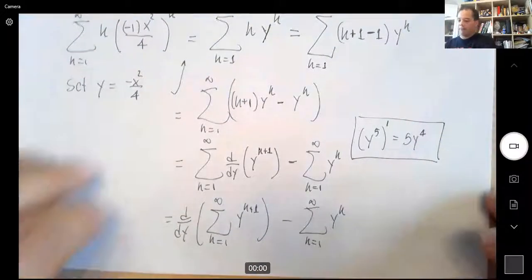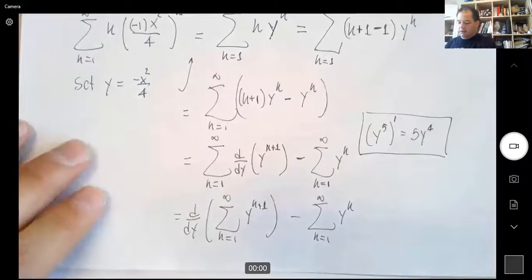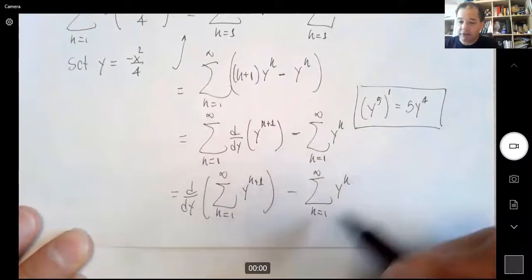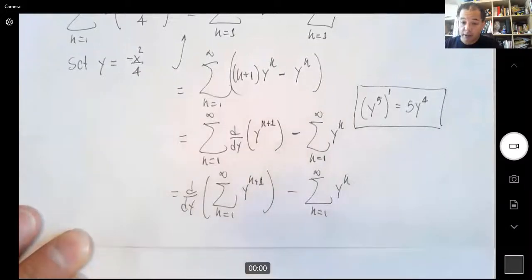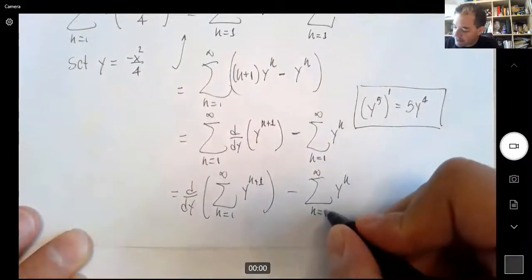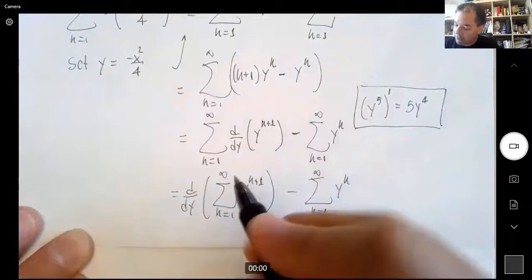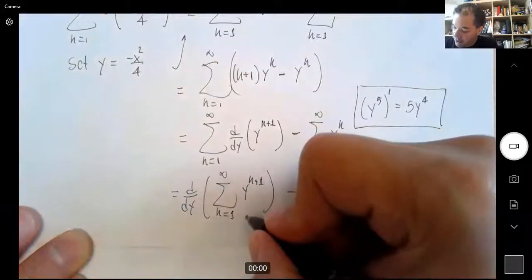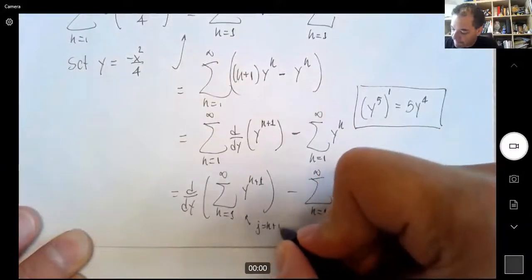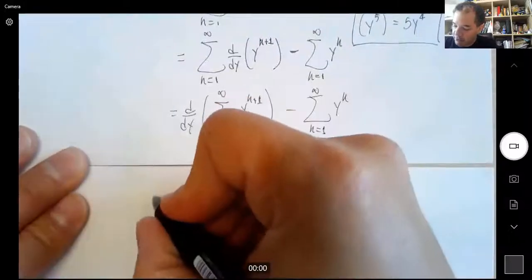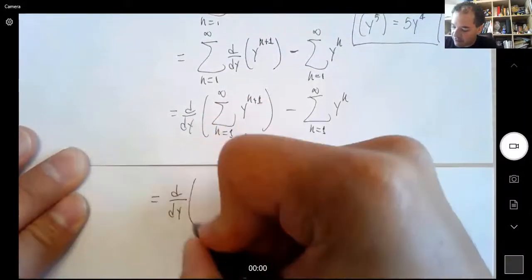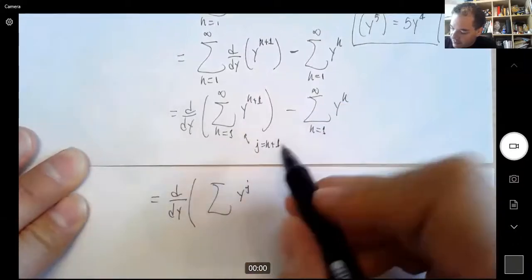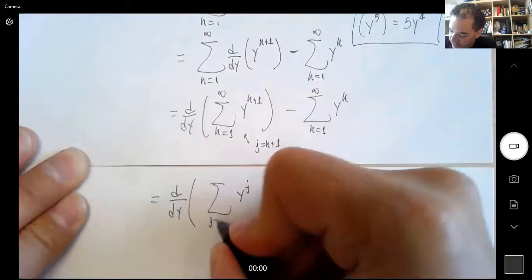All right? Now we're almost done. We only need to replace these ones by the ones we know. We would like to replace this one with the geometric series, but there's a little problem because the geometric series starts at 0. Same for this one, right? For this one, maybe we should first do a j substitution. So for this one, let's do j equals k plus 1. And in that way, we get that this is the derivative of y to the j, and when k is 1, j is 2. So this one starts at 2.